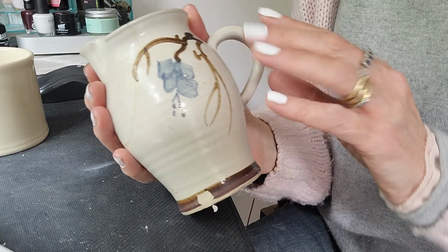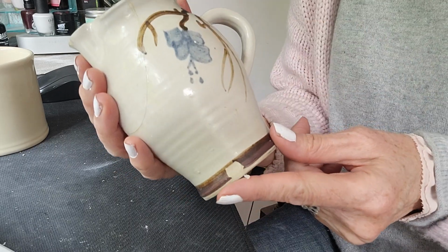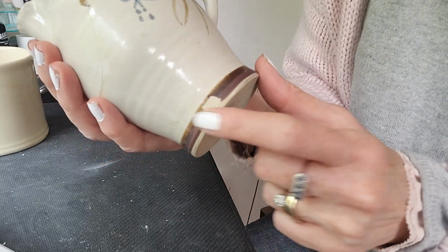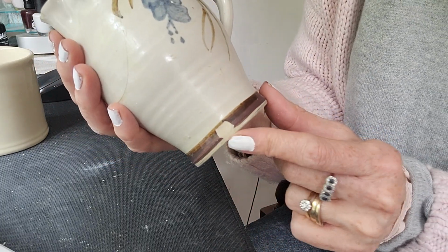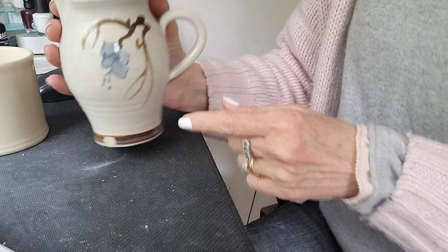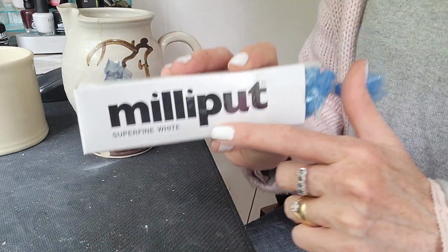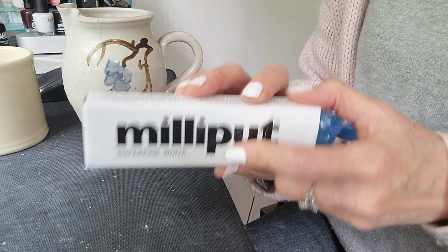So as you can see today, I have a lovely little jug here and it's just got a little missing piece here. So what we're going to do, we're going to fill this little piece in with a product called Milliput. Now I'm using today the Milliput Superfine White, but it does come in various other colours as well, which